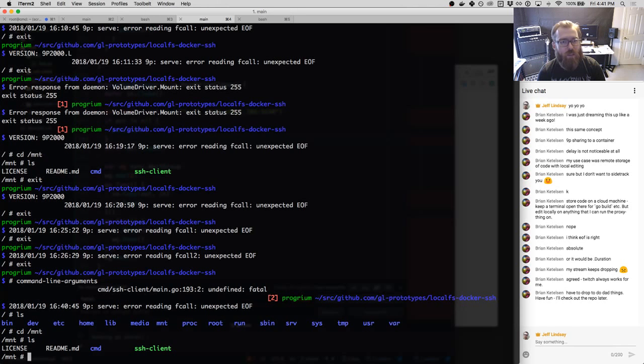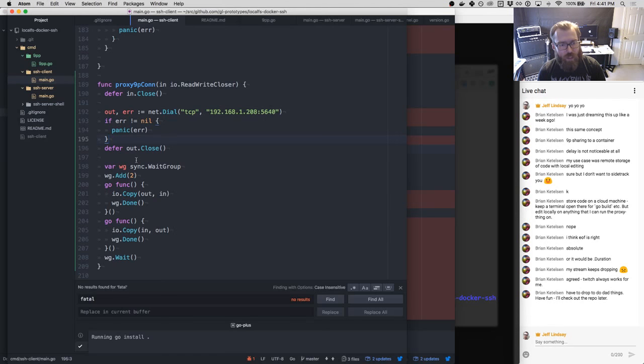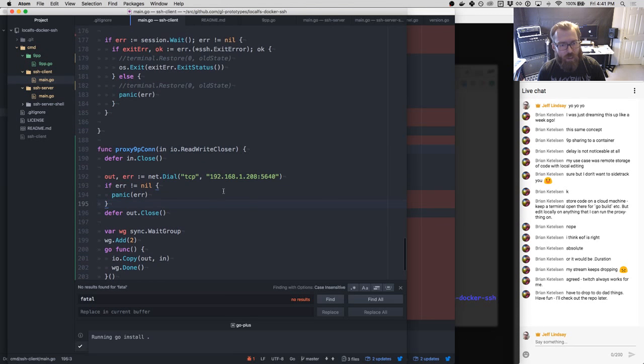There it is. So we're tunneling that connection through SSH. And we could really kind of